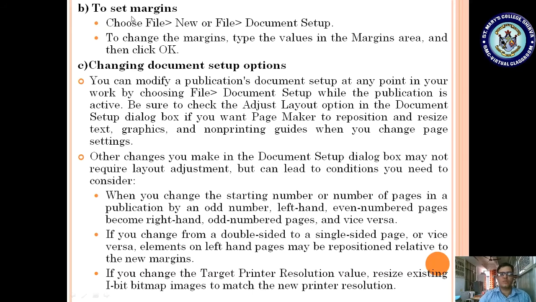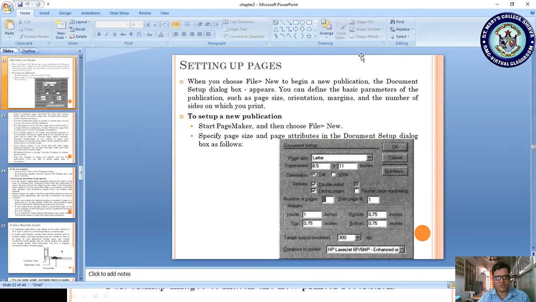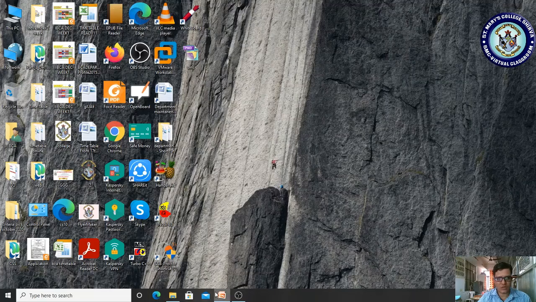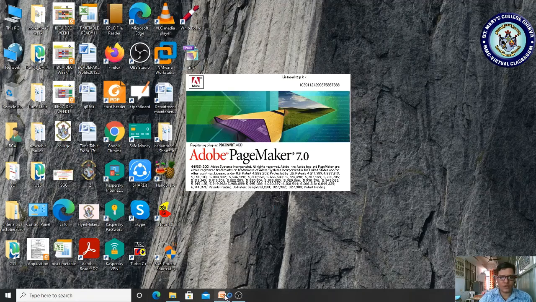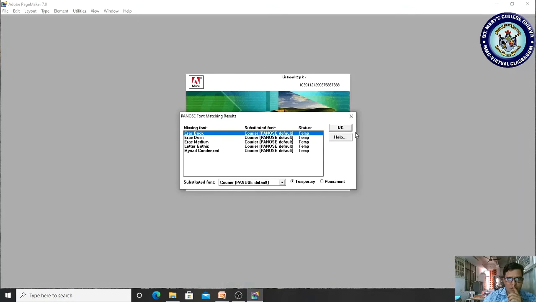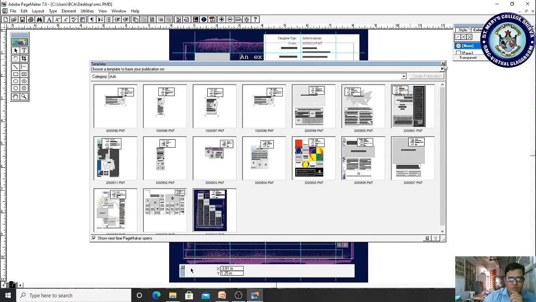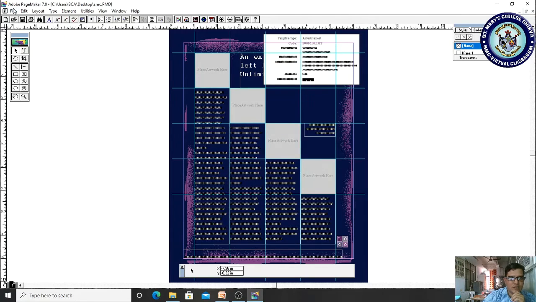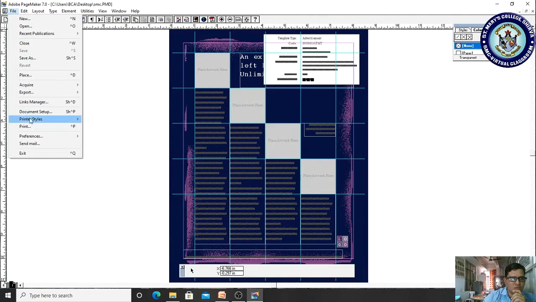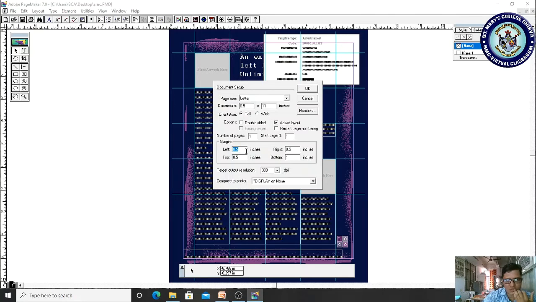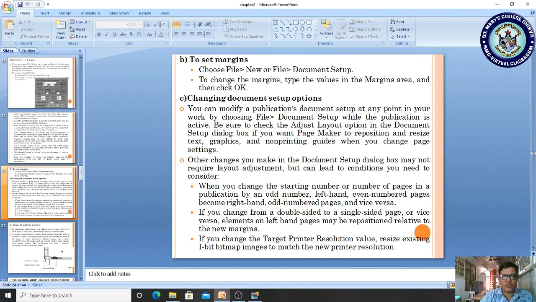And also you can set the margins by using new or document setup. In the document setup also you can specify the margins. Okay, so here we have already seen, let me open our document. Okay, so let me close this. So here it is, and if I want to open the margins, go to the document setup, and here margins are there. You can specify as per your requirement, okay, so that is also possible.